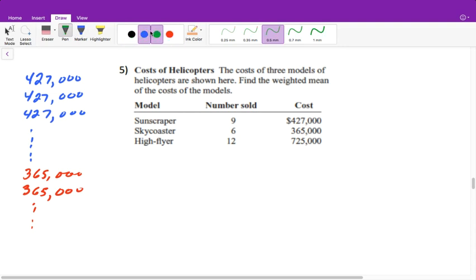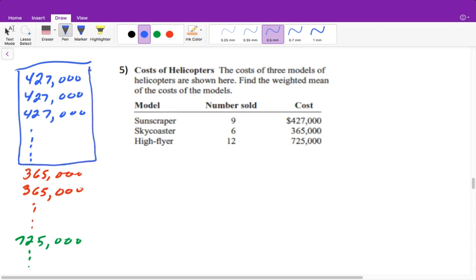And then you can write out the high flyer of 725,000 12 times. You can add up all those numbers, divide it by the total numbers we have, and you have your average. It's going to take you a really long time, and if you do that, you won't finish the test in time. So what we do, though, is when we add 427 together 9 times, it's the same as 9 times